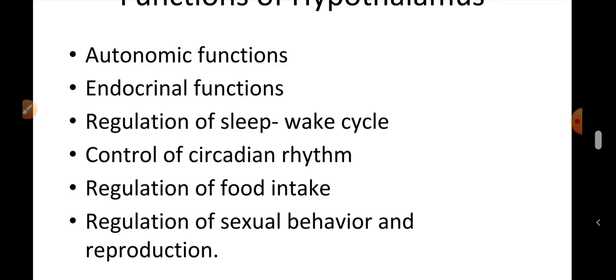Circadian rhythm refers to a rhythmic fluctuation in certain physiological parameters of the body. These are called circadian rhythms and show a 24-hour cycle. The homeostatic regulatory mechanisms in this rhythmic cycle are the rhythmic secretion of adrenocorticotropic hormone, rhythmic secretion of growth hormone, rhythmic secretion of melatonin, and the sleep-wake cycle.